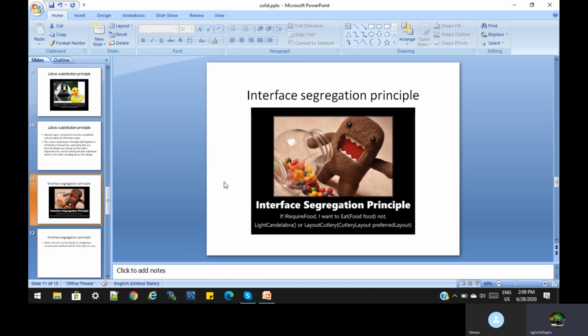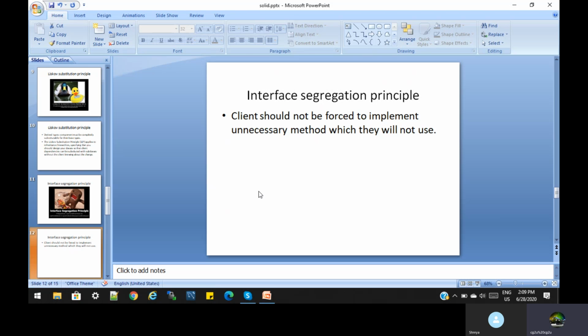Next is the interface segregation principle. What does this mean? Clients should not be forced to implement unnecessary methods which are not in use. Let us consider we have one page used for both sales and purchase. The purchase person does not bother about sales, and the sales person only bothers about sales, not purchase.